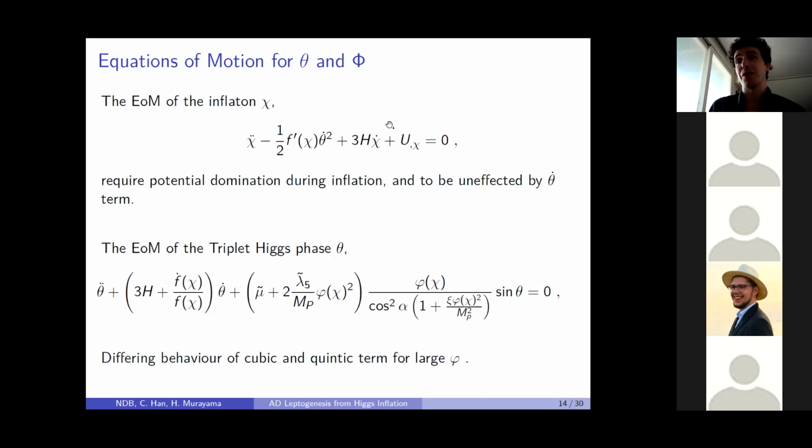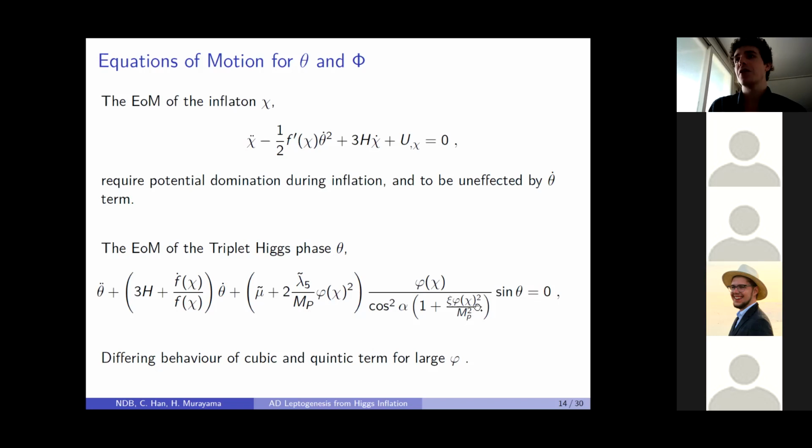and we can just model that as such. While theta gets a somewhat more complicated looking dynamics here, where we have this chi-dependent friction term, which is unimportant during inflation because we're considering slow roll parameters. But then we also have the lepton violating terms inducing a potential in theta. And these are phi dependent. I've written them here just for simplicity rather than putting them in terms of chi.